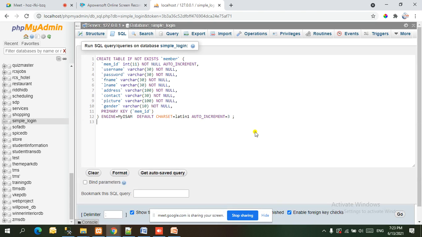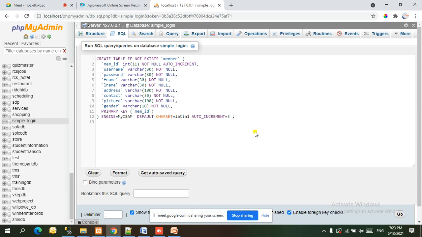Create table if not exists. So there is a check condition. If this table is not there, then only create. So member ID is a column which is an integer type, and here in MySQL its size will be by default 11, and not null. So you understand the meaning of not null and null.